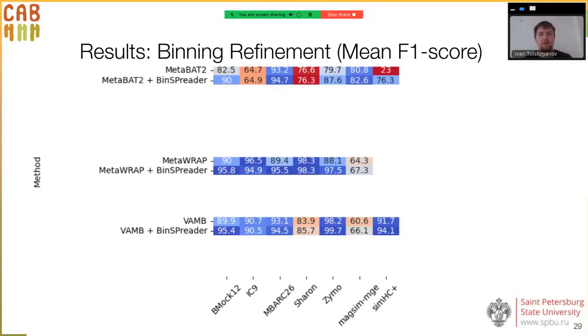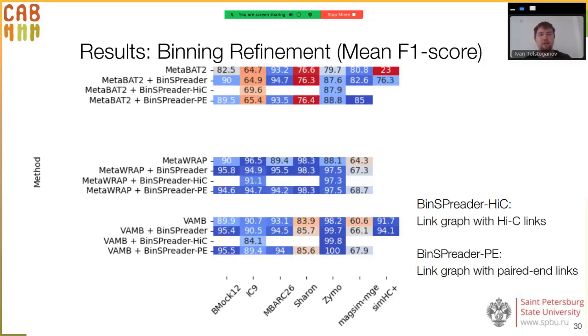For all initial binners refined with BinSPreader in default mode, without multiple bin assignment and without additional links in the link graph, we see increase in F1 score except for the IC9 sample. If we add BinSPreader in paired-end and high C modes,